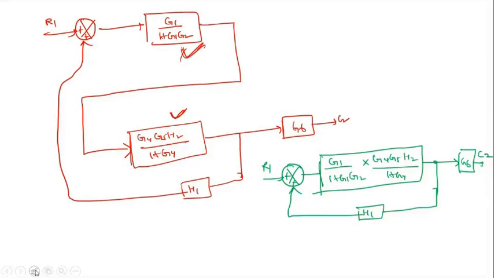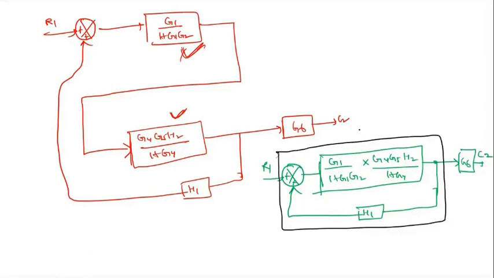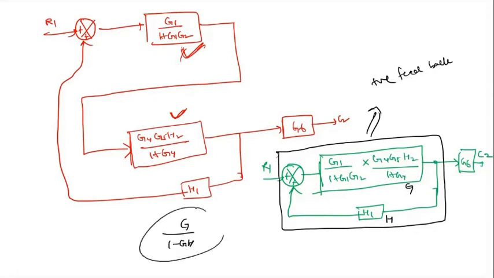So what is the next step? This is considered as positive feedback. It's not negative feedback, it's positive feedback because a plus symbol is there. Then whatever result you get, multiply it with G6. So first I'm applying the positive feedback. For the positive feedback, this will act as G and this will act as H. What is the formula for positive feedback? G by 1 minus GH. This is the formula for positive feedback: G by 1 minus GH.